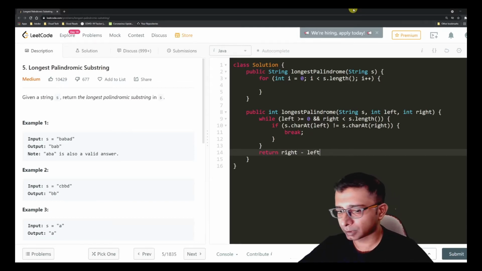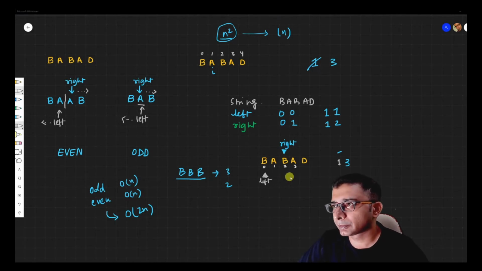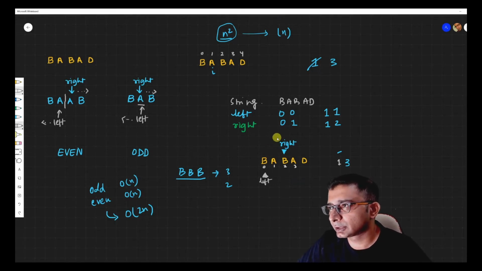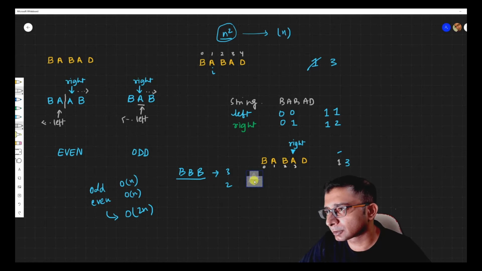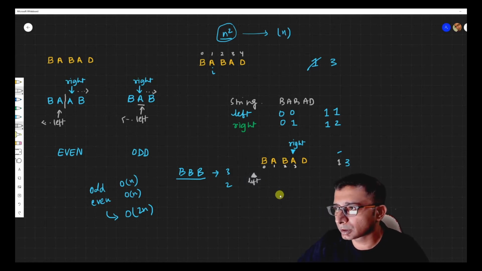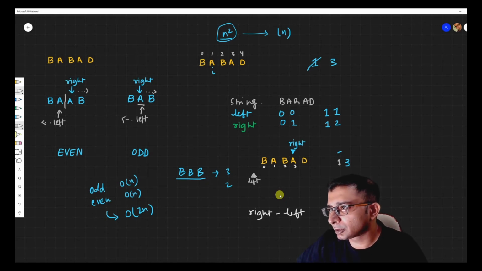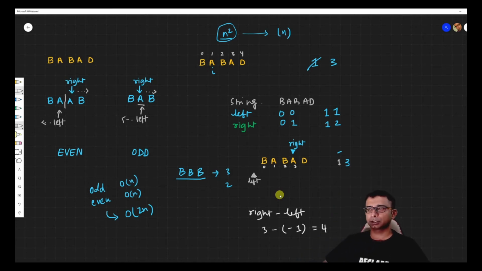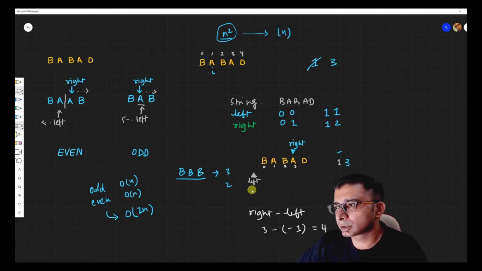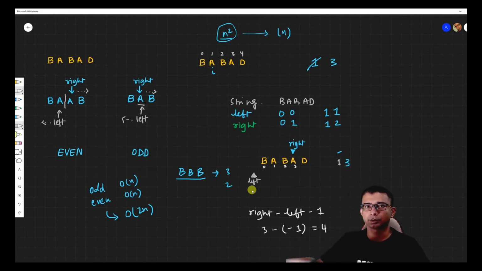right? So in this case, what we have seen is that B and B is matching over here. So we are going to move right further and left will eventually come to an index like -1, right? And what we are doing is basically a right minus left. Now if you see over here, what we get is basically 3 minus -1, right? So we basically get a 4, which is incorrect. So we have to do a -1 before we send the return back, right? Because